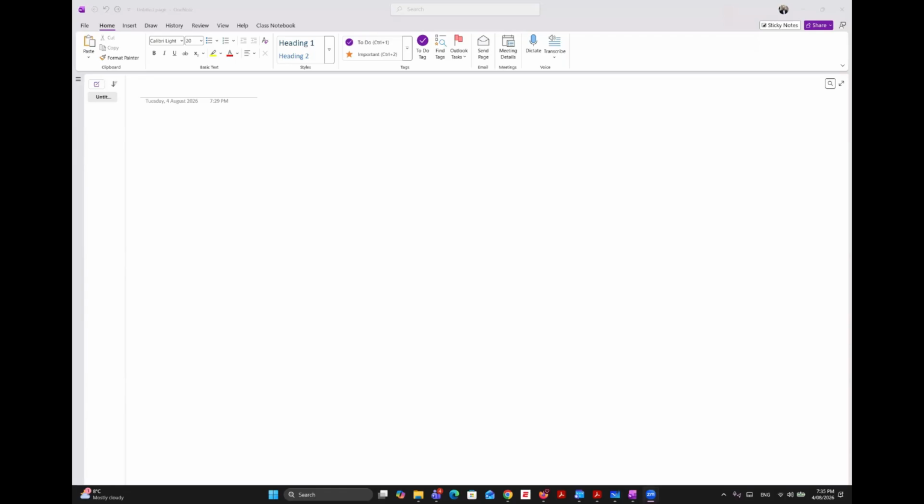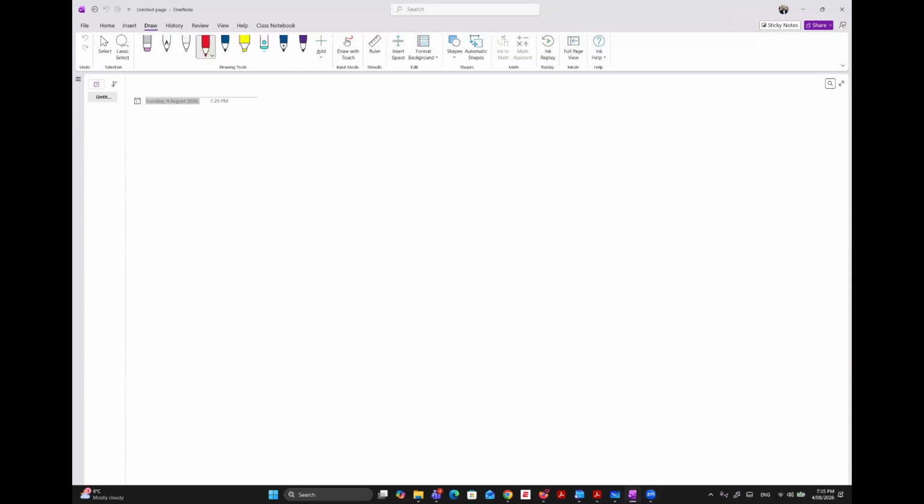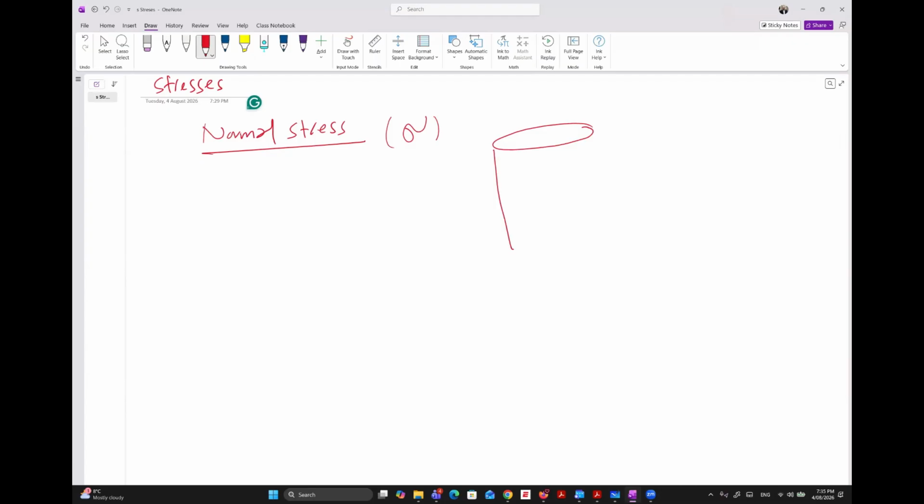So the topic today, or the first topic today, is stresses. So actually we have two types of stress. The first type of stress is the normal stress, and we can give it the symbol sigma. Normal stress means we have, for example, this cylinder or this element, and the normal stress is a